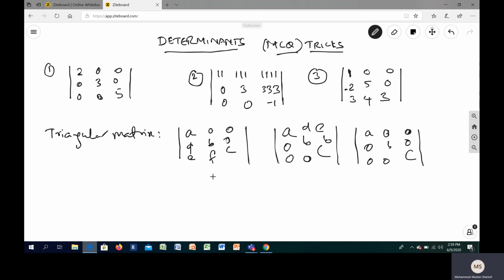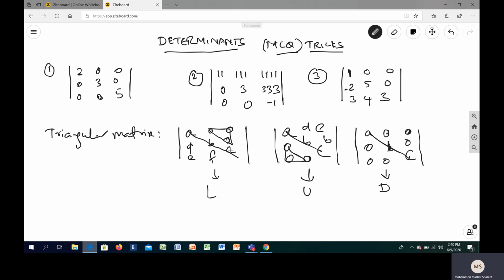So in all three cases, what is a triangular matrix? Basically, either there is a triangular formation with zeros above the diagonal or below the diagonal, or in fact both above and below. In such cases we call these matrices triangular matrices. If the triangular region of zeros is forming above, we call it a lower triangular matrix. If it is forming below, we call it an upper triangular matrix. And if it is both, and we only have elements on the diagonal, irrespective of positive and negative, we call such a matrix a diagonal matrix.